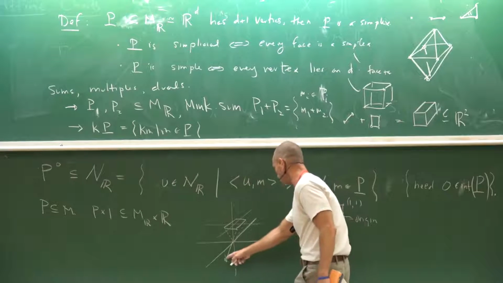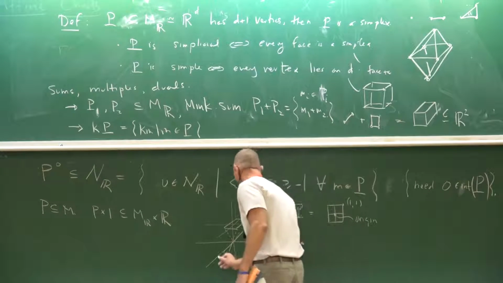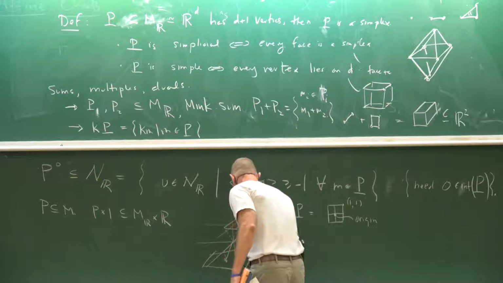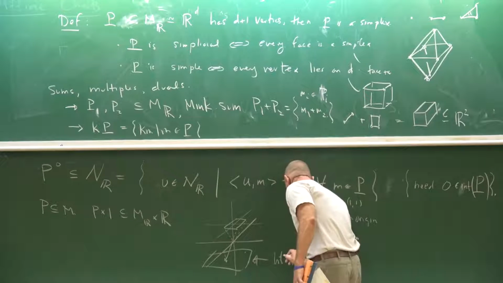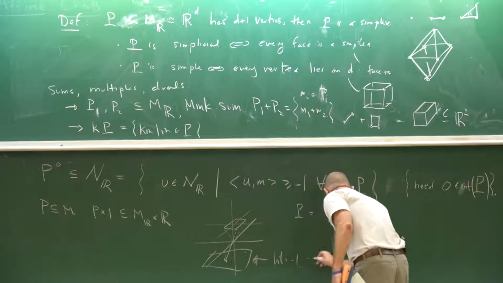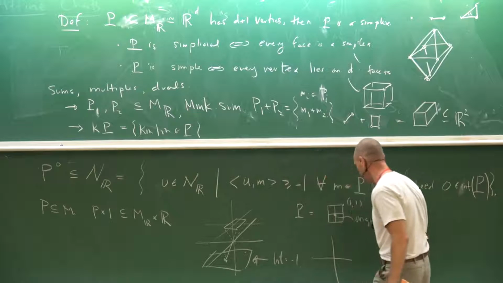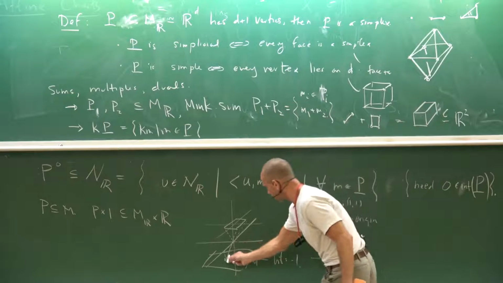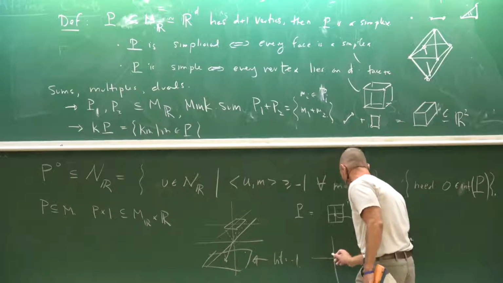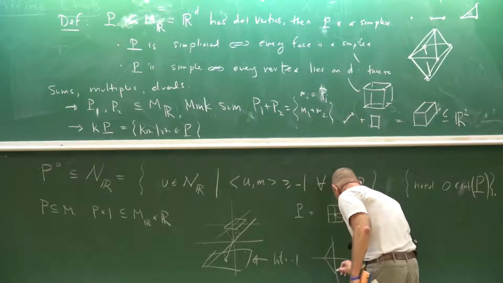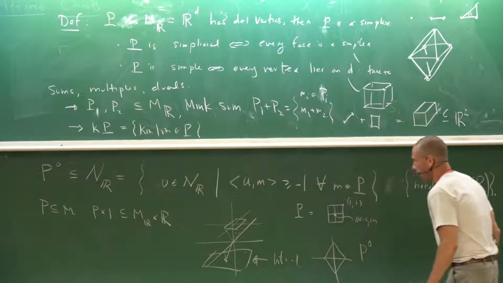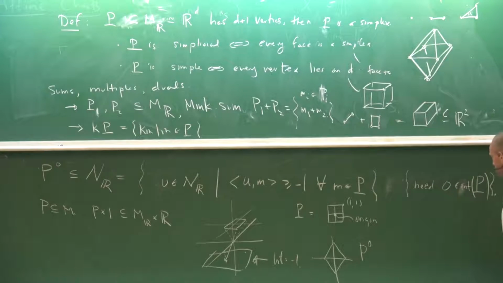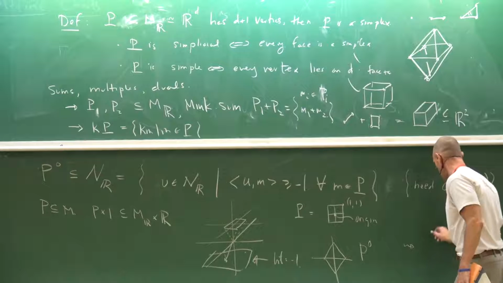And if I look at the intersection, my drawing's getting kind of crappy, but if I look at this hyperplane downstairs at height equals -1, and I draw these coordinate axes there, then these facet normals hit that hyperplane, and I just look at the convex hull. So what I'm going to get for the polar is this picture. So this is going to be P0. I won't write that out, but this is the interpretation of the polar,